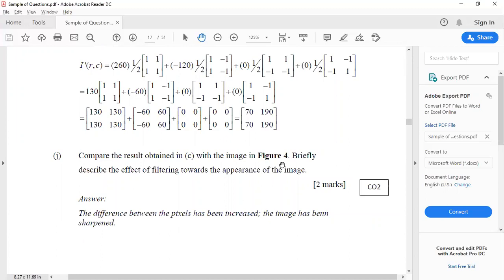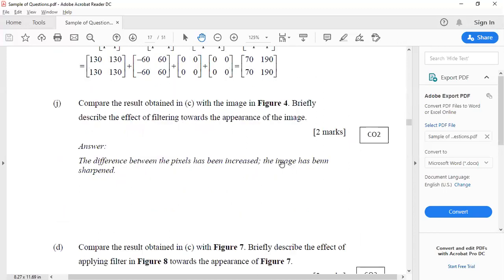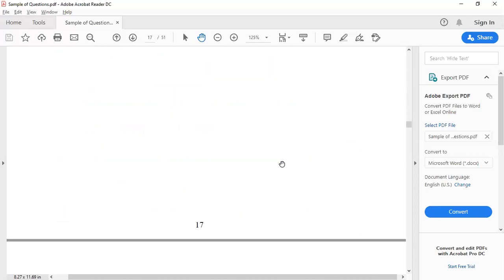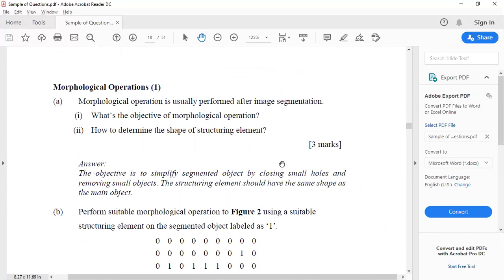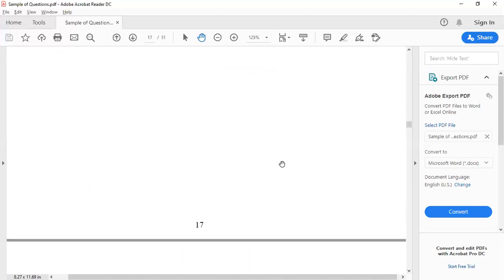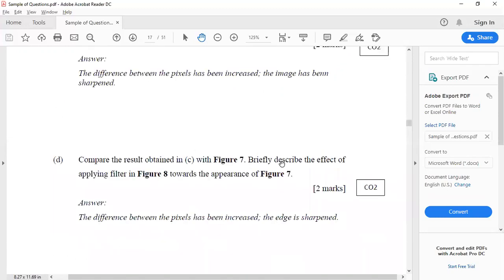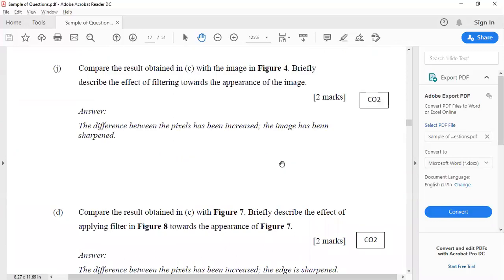Okay, sir. Okay. So any questions with regards to this transformation? No, sir. Okay, so I'll stop recording